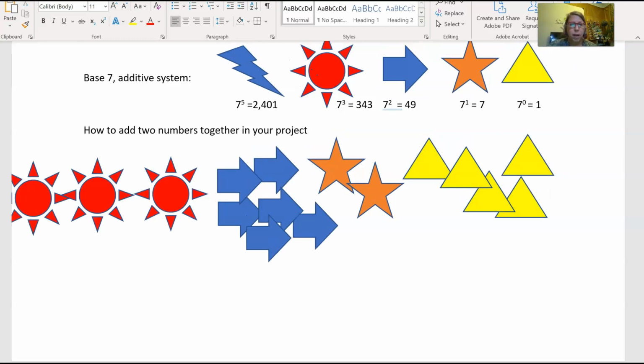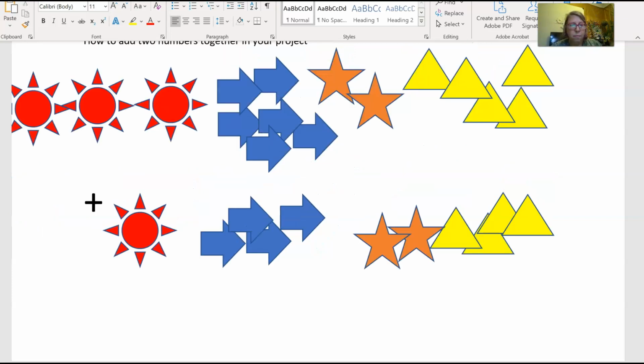There's my first number. I decided not to use the lightning bolt. So I've got 3 suns, 6 arrows, 2 stars, and 1, 2, 3, 4, 5 triangles. And now I'm going to make a second number that I'm going to add to it. So there we go. I have my first number on top, my second number on the bottom, and I'm going to add these 2 numbers together,